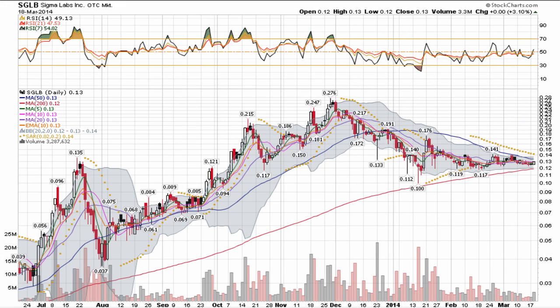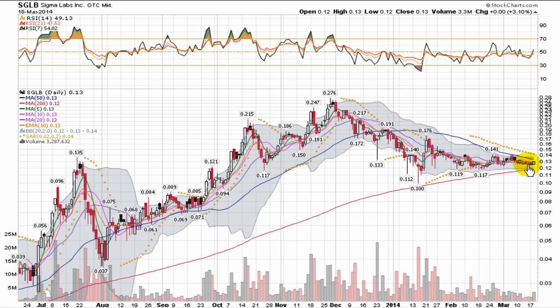This is a video chart presentation of Sigma Labs Inc. This is an OTCQB listed company trading under ticker SGLB. Real nice climb in the last 9 months for SGLB, from lows down around 3 cents all the way up to near 28 cents. Stock's pulled back, still held about half the gains, and has been trending sideways now for